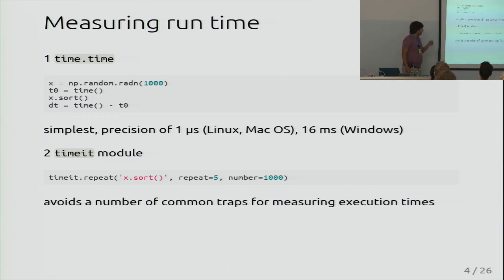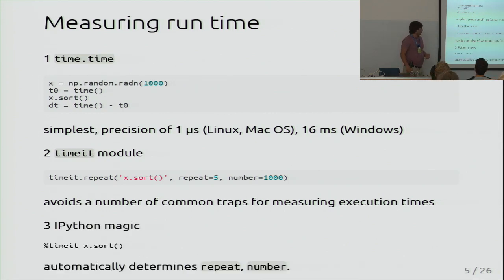So, for instance, to sort an array, it will first repeat the operation several times, then time this execution, and then on top of that, we can repeat this numerous times to get some statistics. This also has a lot of other things that are necessary to actually do good benchmarking. For instance, it will disable garbage collection, etc. The limitation of this is, how can we determine the number of repeats and number of iterations for a given code?